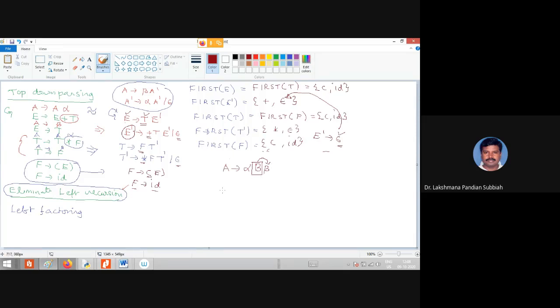So here you are going to find out follow of B. So follow of B is nothing but first of beta. What you mean by that is the next coming terminal for this B, first of beta. Here the point is except empty. If empty is there, you don't use that empty, right?